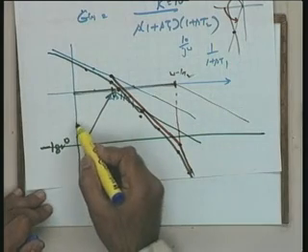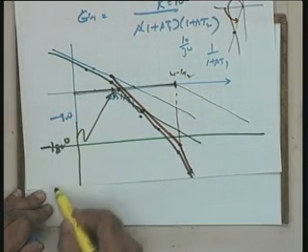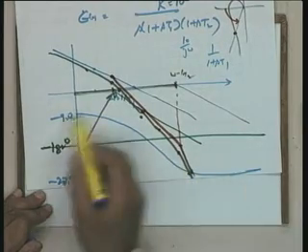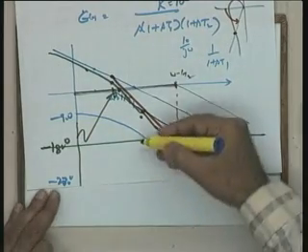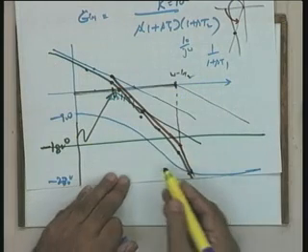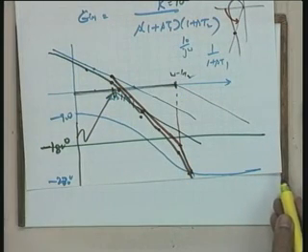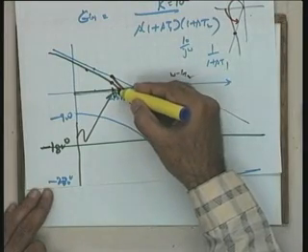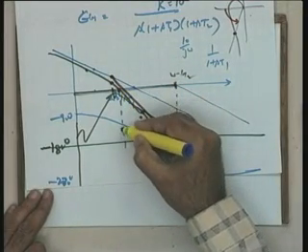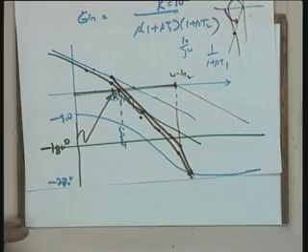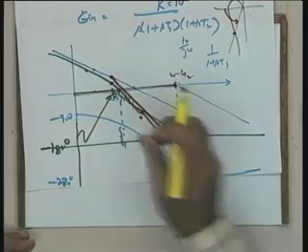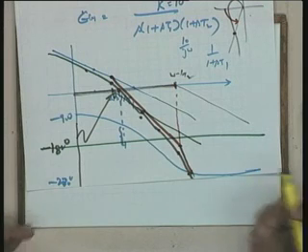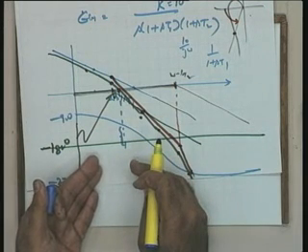So this is minus 90, this is minus 270, and I expect the phase angle plot to be of this nature: asymptotic to the minus 90 line on this side, asymptotic to the minus 270 line on this side. This is visible from here also. Can you tell me what is the phase margin? Can I say that this is the phase margin? Because this is the angle which can be added to the system to make the phase angle minus 180 degrees. So this becomes the phase margin of the system.